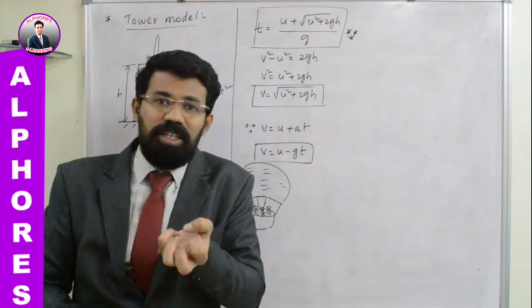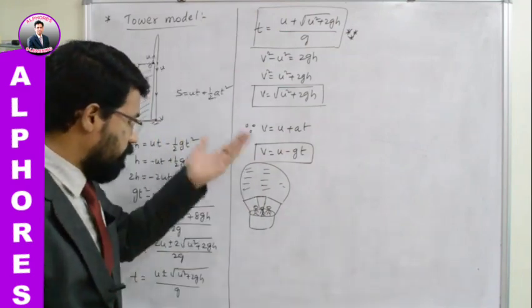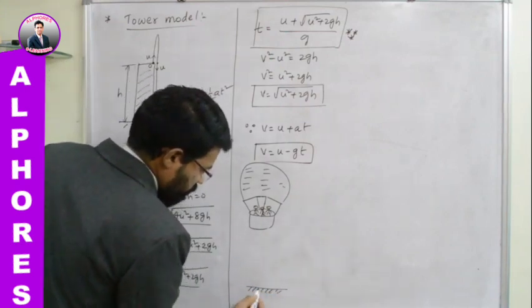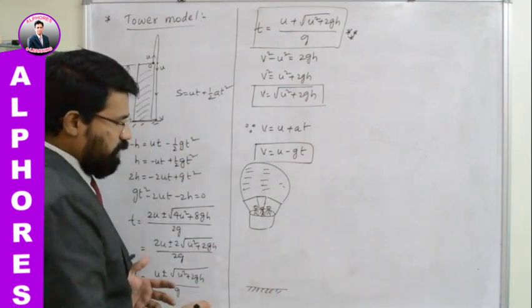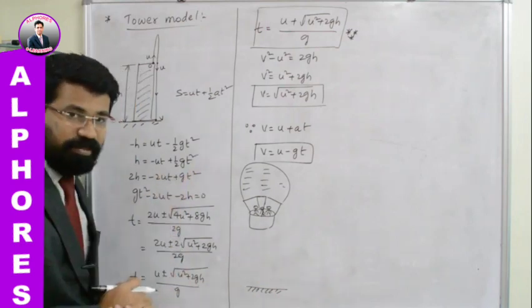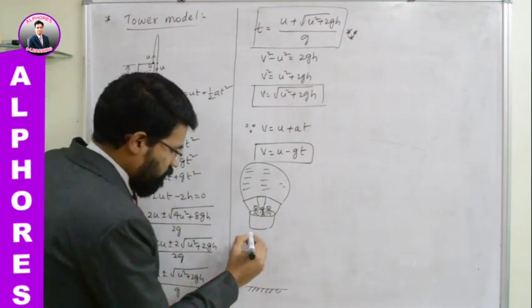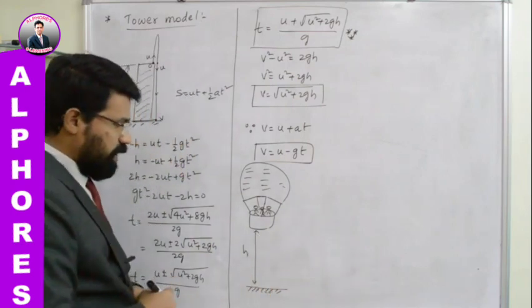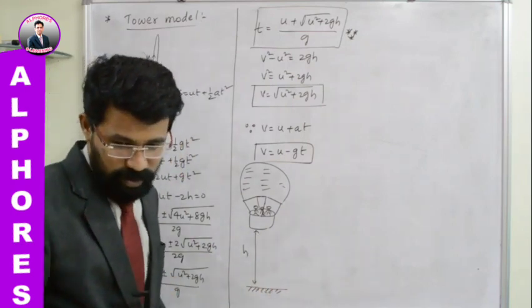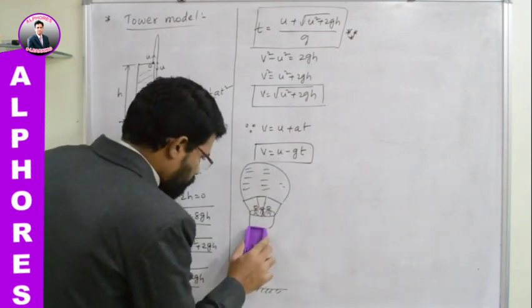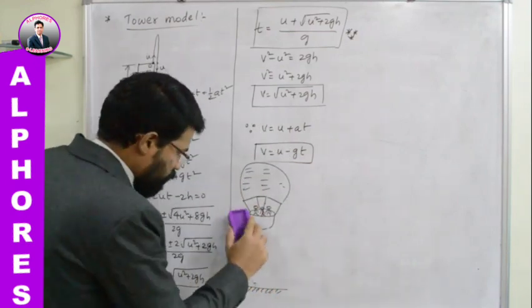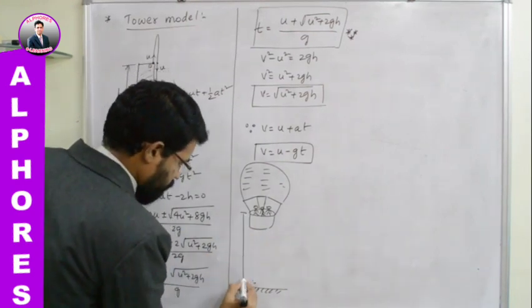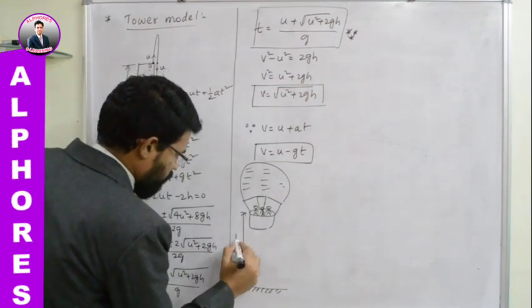Hot air starts lifting the balloon in the upward direction. Let us say this is the ground, and from here these people started in our hot air balloon and they are going in the upward direction. After reaching a certain height, let us say a height equal to h, measured up to the brim of the basket, up to here.